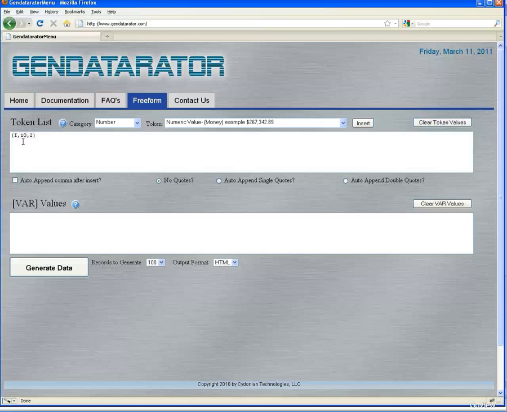Now this particular token means I for incremental. This would normally start at the value 10. We want to start at 1 and we want to increment by the value 1. We're going to go ahead and put a comma there. Now since we're going to need a comma between everything, I'm going to go ahead and tell it to auto append after insert. We're also going to append single quotes after each piece of data